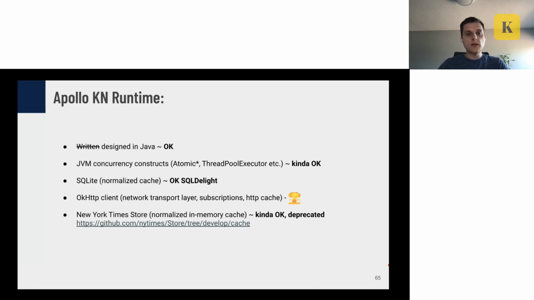So we started the assessment: what do we need to do in order to migrate the existing runtime to Kotlin and to Kotlin native? The first one is designed in Java, written in Java, cool. We can just convert Java to Kotlin and it's okay. JVM concurrency, kind of okay. We could try to abstract all these atomics and thread pools with workers, etc. SQLite, we are good here because, thanks to Square, SQLDelight is working with